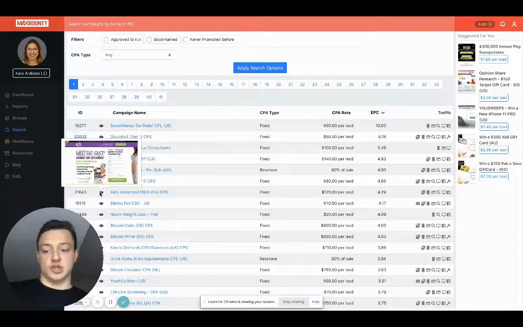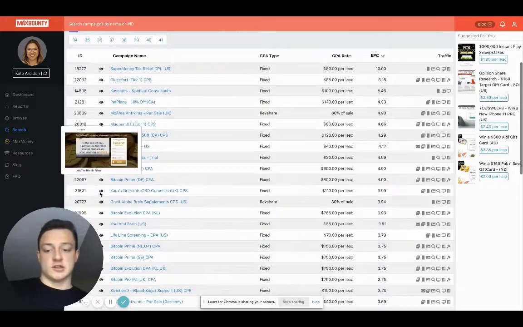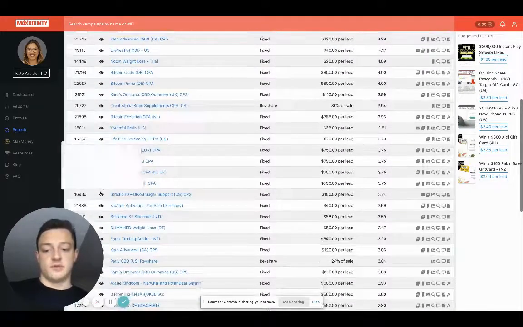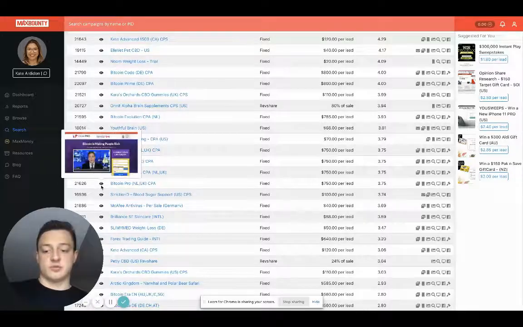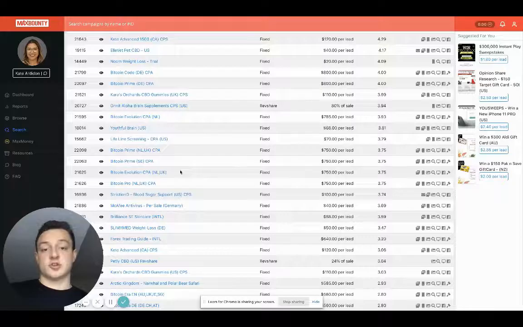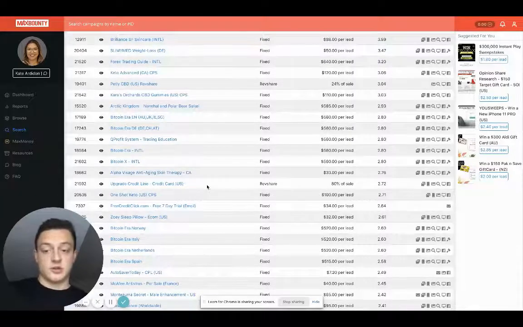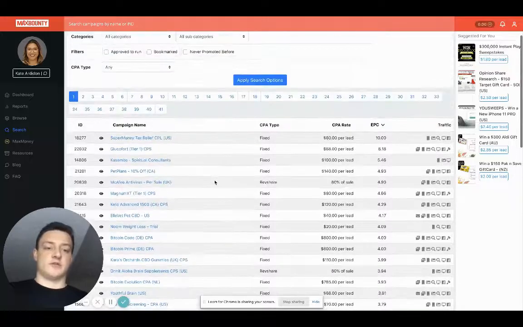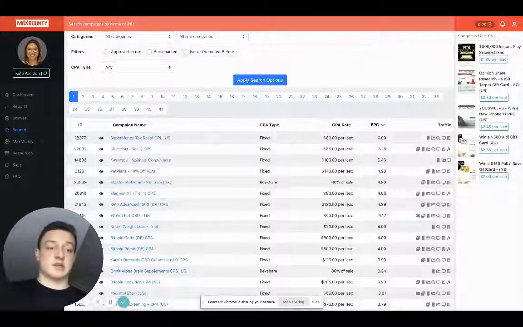Magnum XT, Keto Advanced, Bitcoin. Use common sense here. I wouldn't promote the Bitcoin ones as much. Plus, some of these are for different countries. So definitely, here's how I do it, guys. I'll go through the list, okay, of all the offers for whatever campaign I'm doing. And if I'm doing a campaign like this,